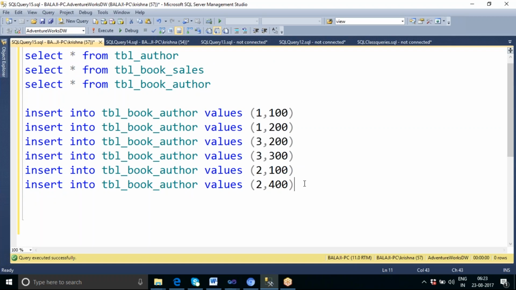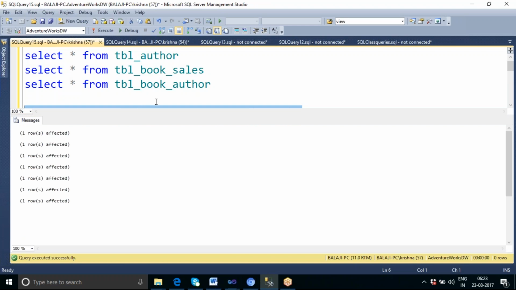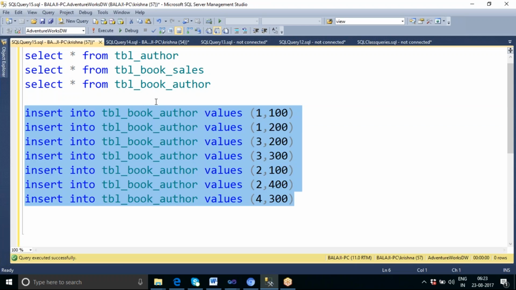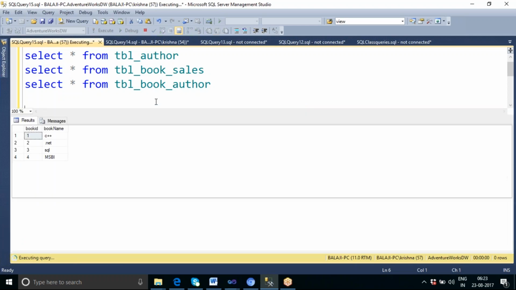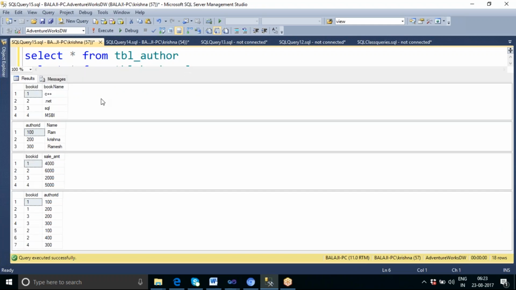So let us see, we have 4 books now. Let us say book ID 4 was written by author ID 300. So I'm inserting some data. Okay, now you can see that we have 4 tables. Book ID, author ID.